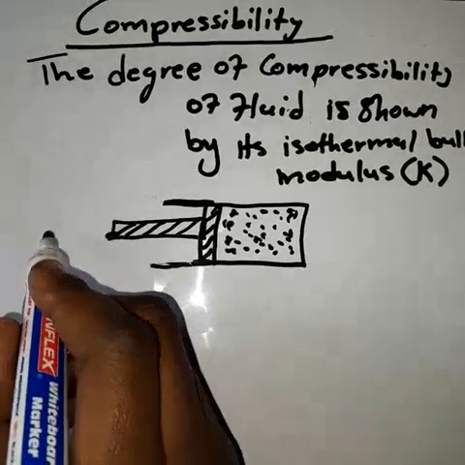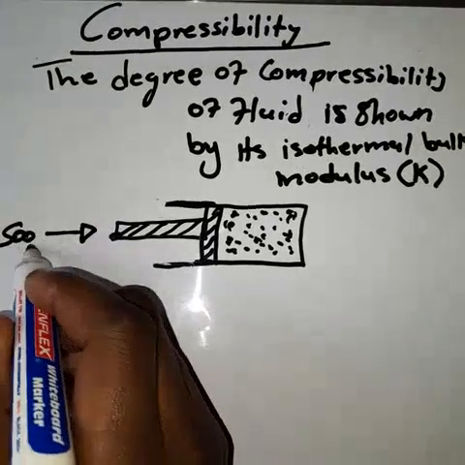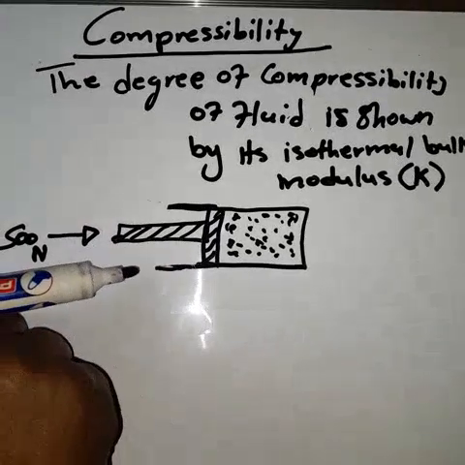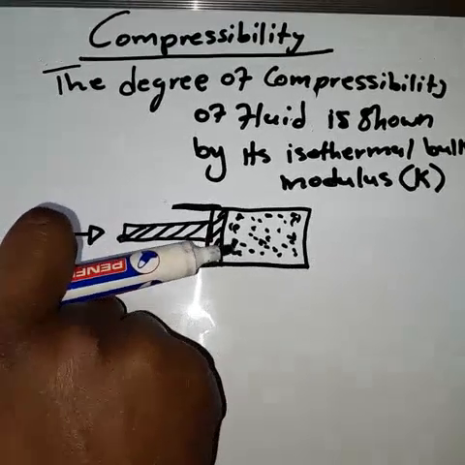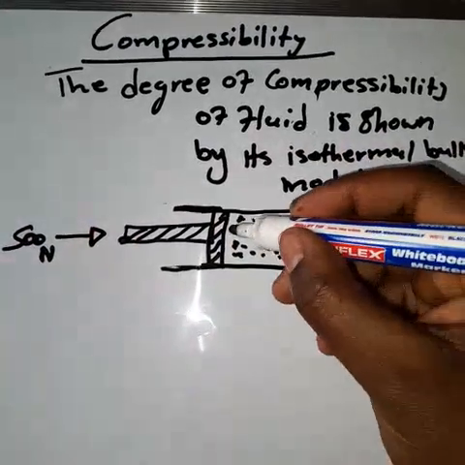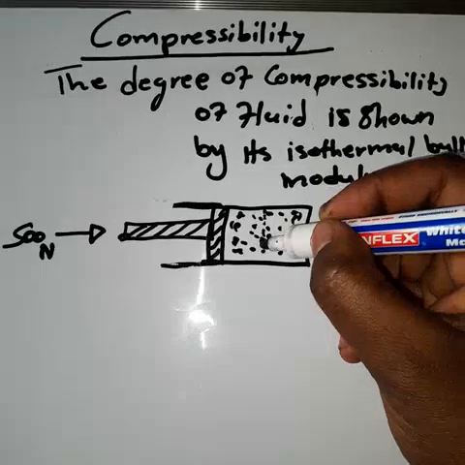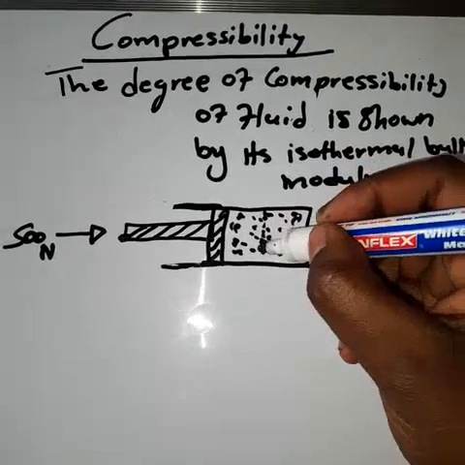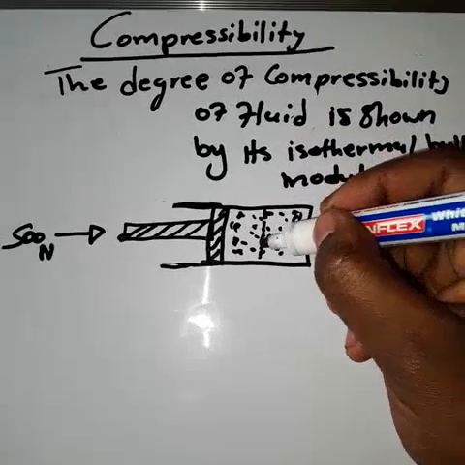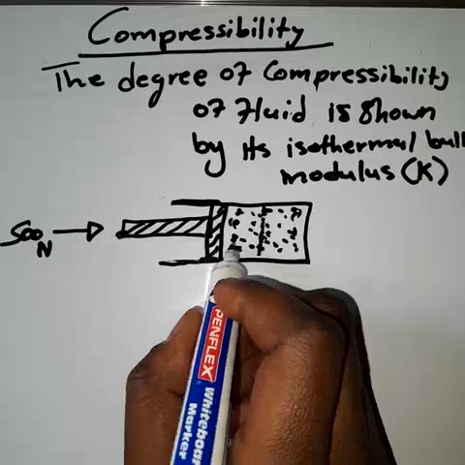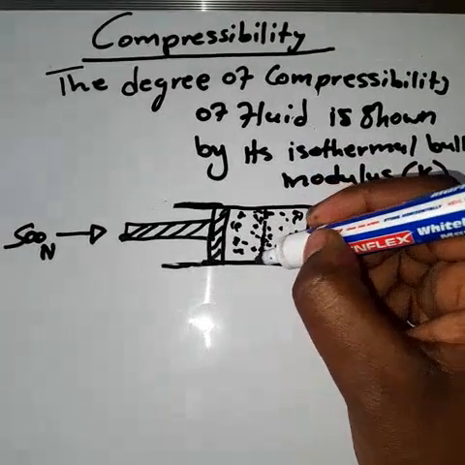When I apply a force here, maybe 500 Newton, this will cause the piston to go upwards. When it's going upwards, the piston compresses this air, this gas. Remember, gas is also a type of fluid. This gas will compress, maybe somewhere here, this compressibility, because it's